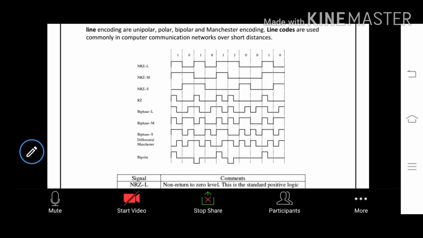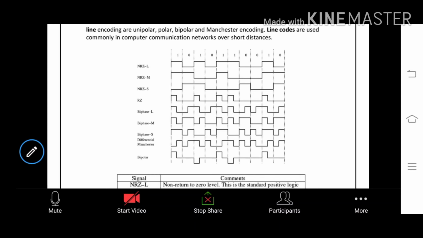The line codes are commonly compared in the communication network. That means we can explain non-return-to-zero and return-to-zero. Here we can observe the clock pulse signal, that is low and high. That is simply how to transmit at the bit rate. We are using NRZ and RZ, that is non-return-to-zero and return-to-zero. And also one more thing, here we use bipolar and differential mechanisms also. So you can observe that.